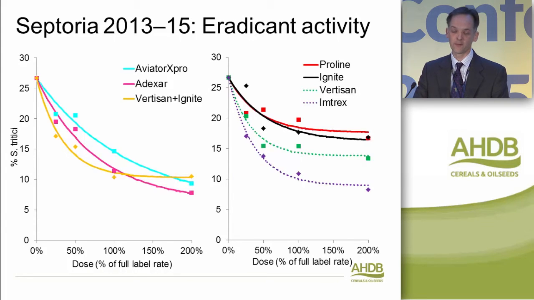We had a single site, actually a single leaf I think it was, in 2015 of eradicant data, so we haven't chosen to show that on its own, but we've combined it across 3 seasons to give you a 3-season average. And this is the best information we have on efficacy in curative situations. Clearly, epoxy and protheo quite similar in their activity there, but neither performing particularly well. Roughly about 30 or 35% control at a full label rate from those treatments.